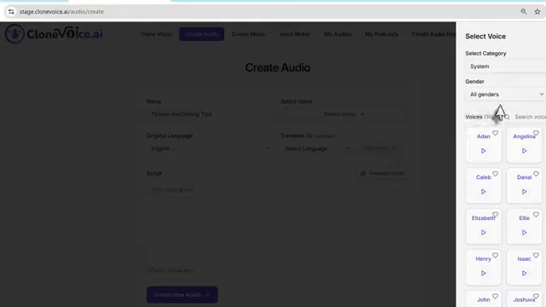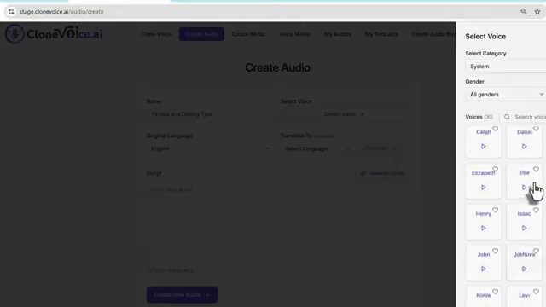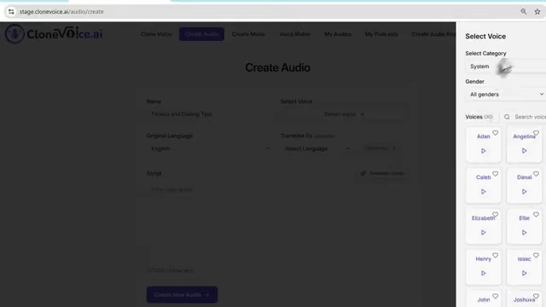Here you have generic voices. These are our system voices, as we like to call them. These are professional voices that you can utilize within the system. This is useful for many cases where you want to go beyond your clone voices, or even beyond the prompt to voice design voices. You have the search functionality here as well, which is crucial where you have a lot of clone voices or voice design voices, and a lot of favorited voices.